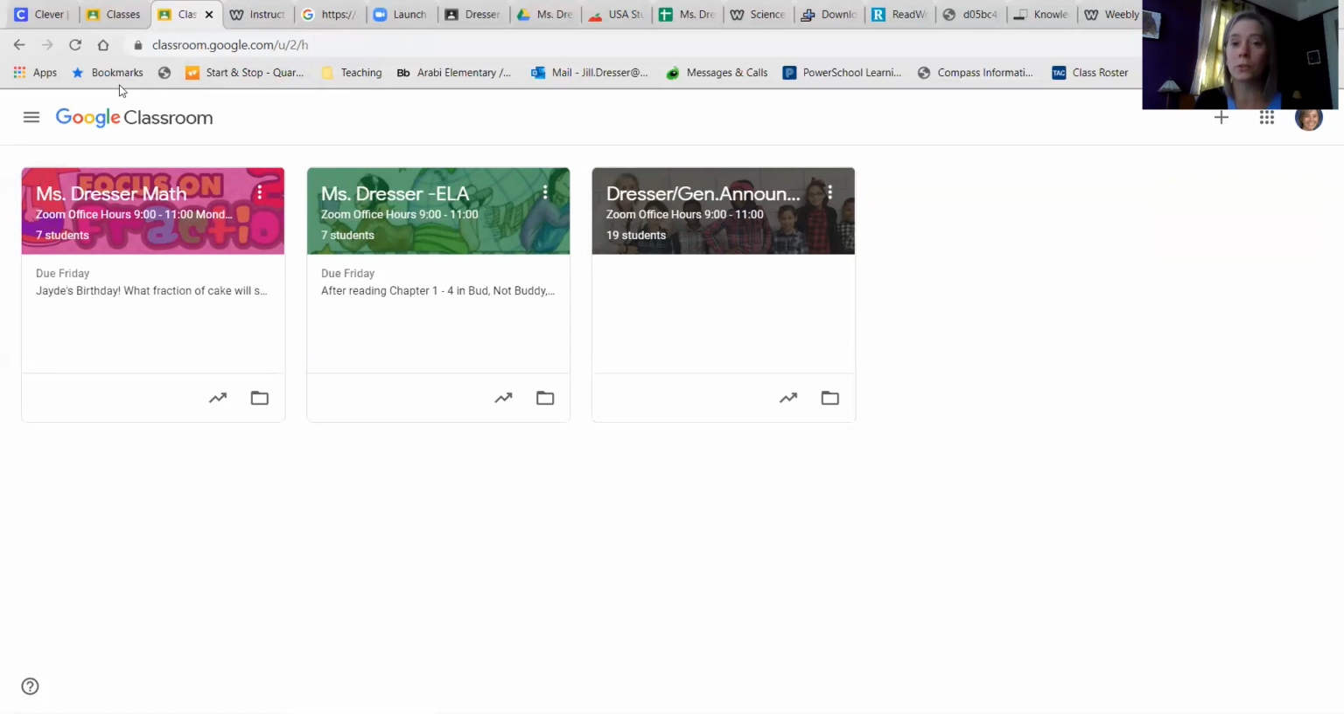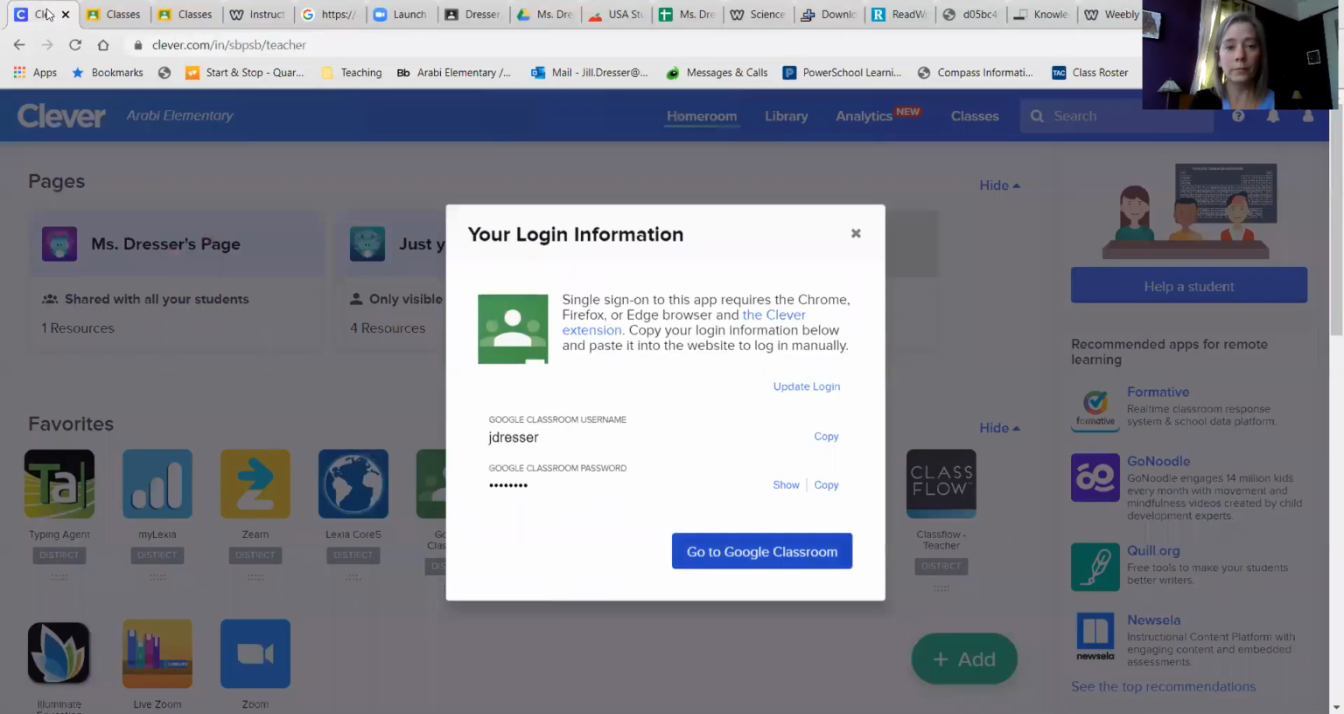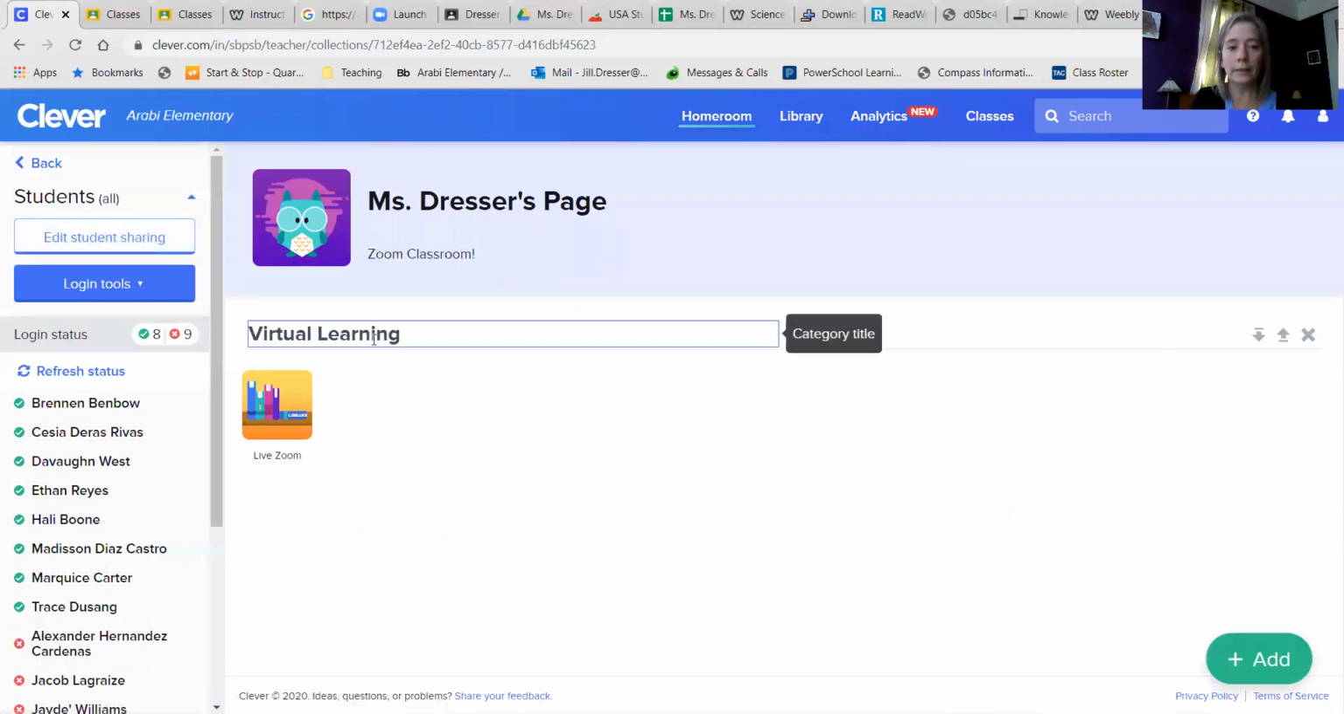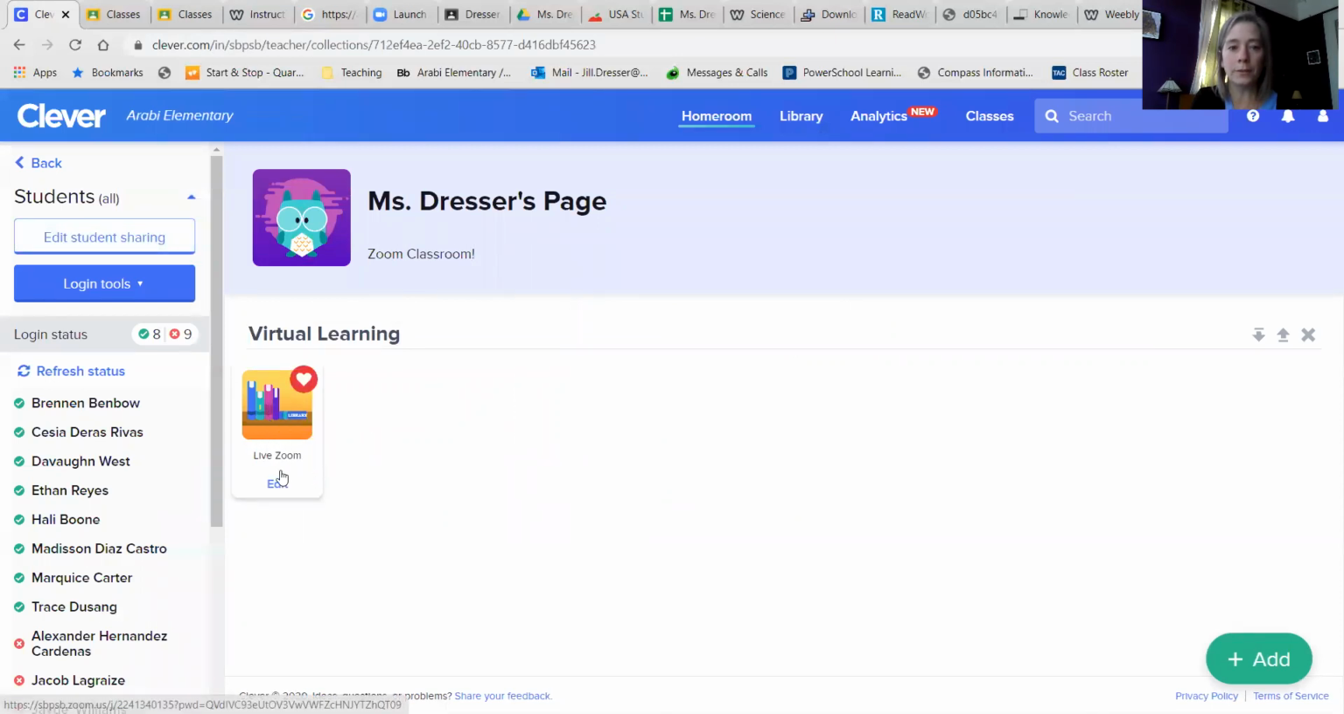But we do have a special thing that you can only do at a certain time. The thing that you can only do at a certain time is come to our live classroom. So the way we do that is we go back to Clever. And on your Clever page, you're going to see all these little things up top here. You go to Miss Dresser's page, and then it'll say virtual learning. Underneath that is a little app that says Live Zoom. You click on Live Zoom,